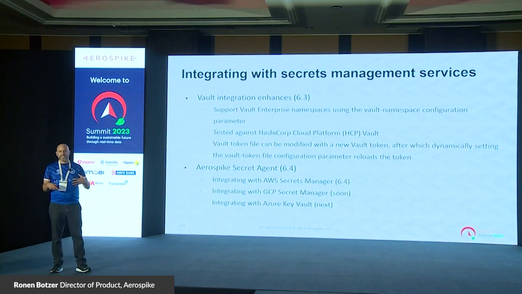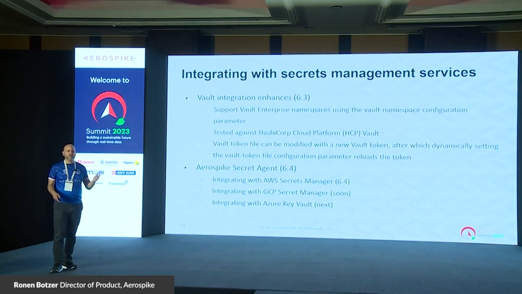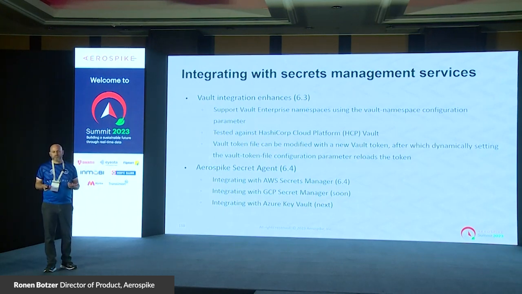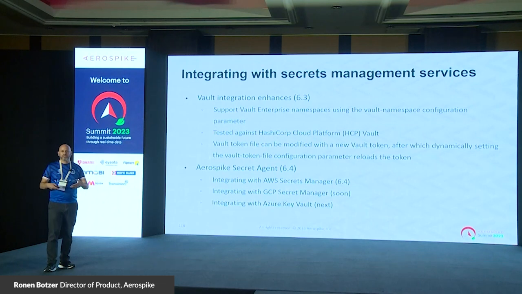So currently we have a tight integration in the server with HashiCorp Vault, but it's going to move into the secret agent, so you'll have that flexibility of moving between different services, or if you're deployed kind of cloud agnostic, you have certain clusters living on AWS, certain clusters living on GCP. From the server's perspective, the config doesn't change, but you'll be able to locally configure the agent to use a different service in the